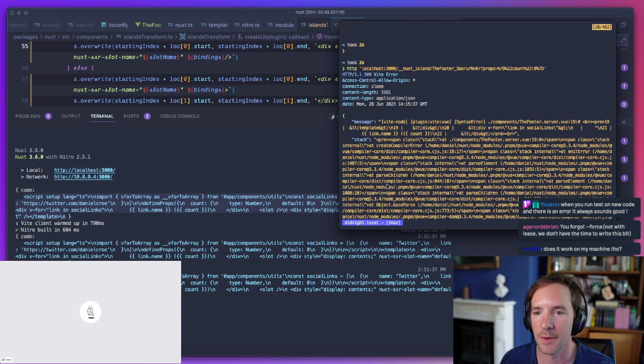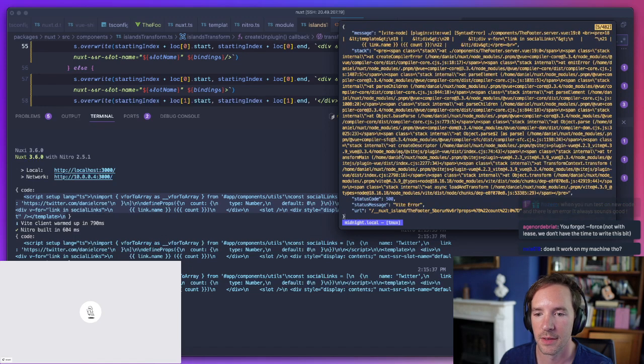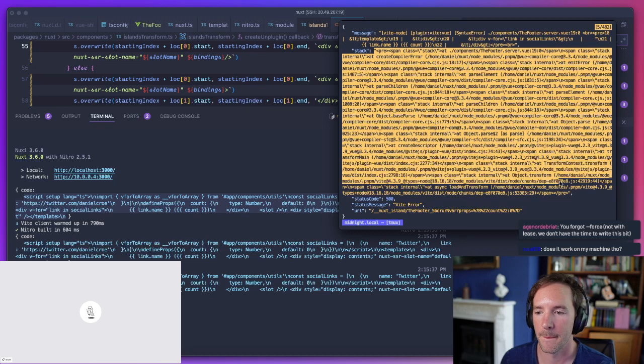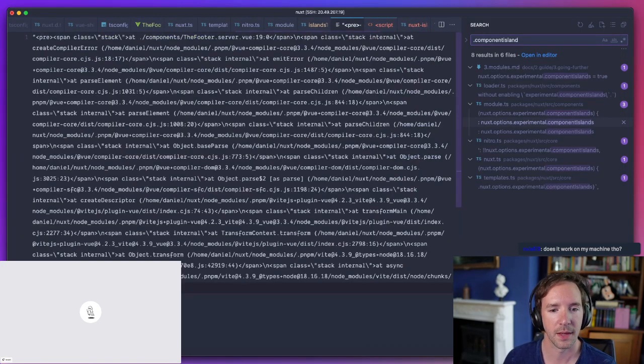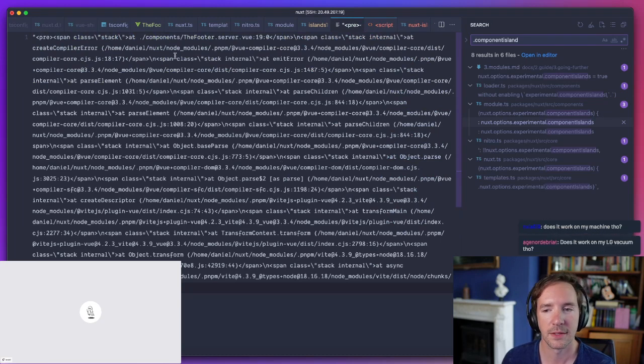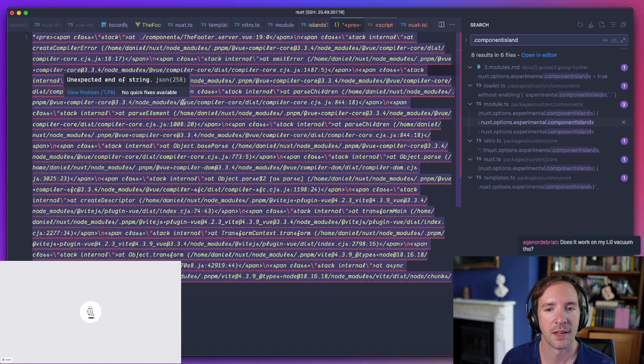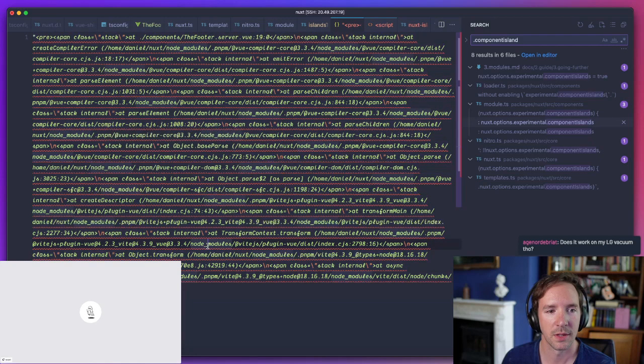So what is the error now? It's saying, I can't even read this error. Saying there's some kind of thing. This is ridiculous. Parse children, parse element.